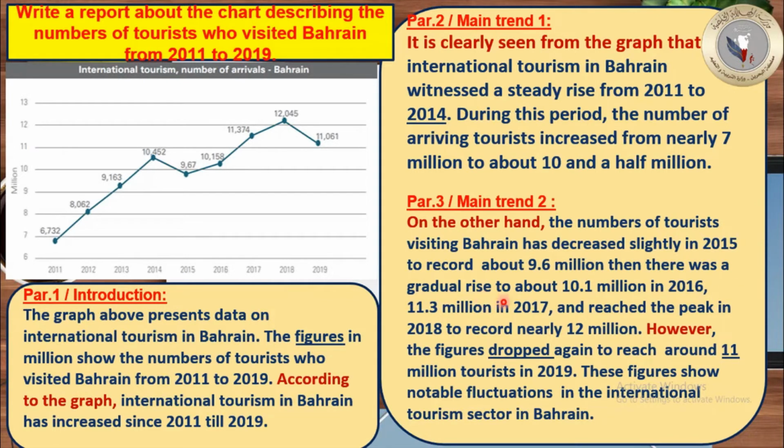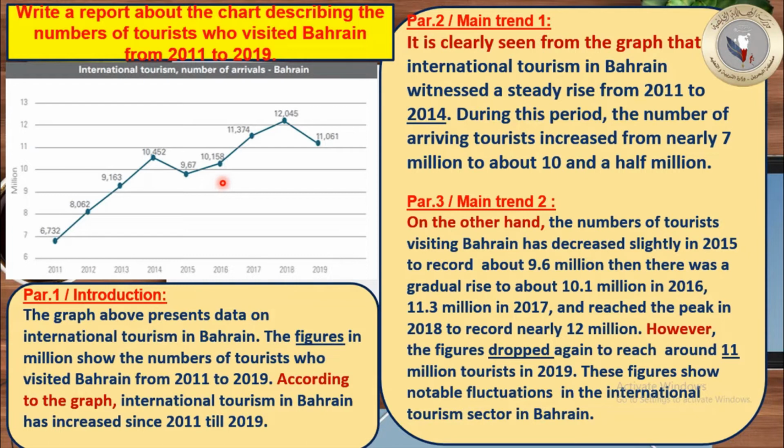Rise to about 10.1. Look, gradual again, gradual here, okay, a gradual what? Increase or rise to about what? 10.1 million. In which year? In 2016,